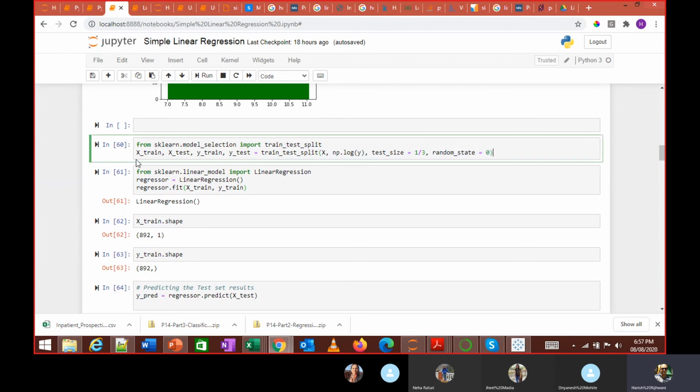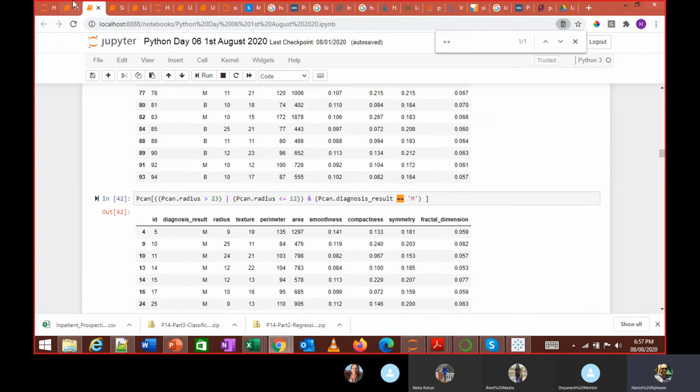So there is this line, which creates training data and testing data: X train, X test, Y train, Y test. It splits 33% for testing and 66% for training.